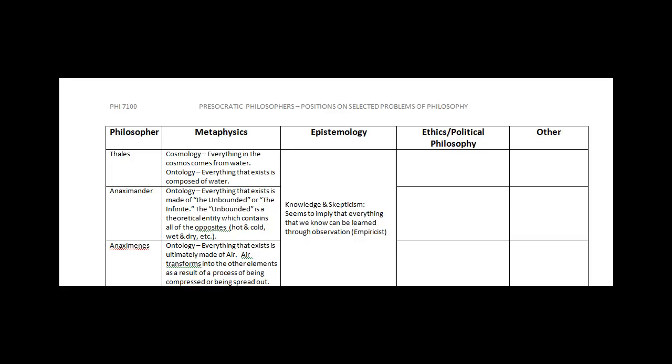Then I have that other column. Let's say it was another problem, or a problem that spanned more than one branch of philosophy. The major one that hits it is when you're talking about philosophy of religion, at least for our sake. That's the one that really goes across multiple columns, multiple branches, multiple areas of philosophy. So the concept is that you are going to sit down, see what you've learned about the particular pre-Socratic philosophers, and try to fill it in the appropriate column. Those are, in general, the instructions.